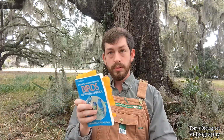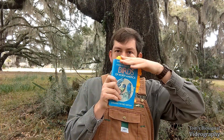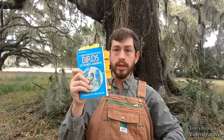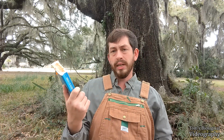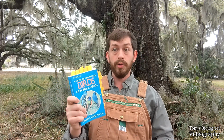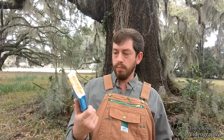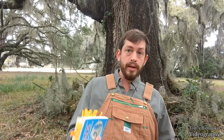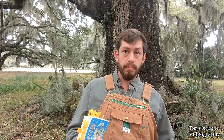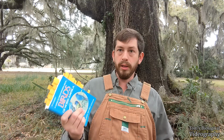But there's a lot of doom and gloom when people talk about bird conservation, but there has been a lot of conservation success and a lot of bird expansions. Just looking at this book, which I think was published in the 60s and updated in the 80s, and I don't know how much got updated because there's some obvious stuff that definitely changed between the 60s and 80s that wasn't updated in here, but we were in a really bad state at the turn of the century for a lot of birds, for a lot of big birds, after the market hunting of birds and the millinery trade that resulted in the Migratory Bird Treaty Act, and then the